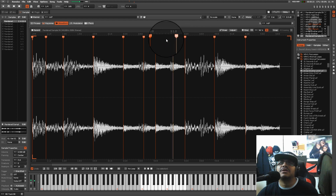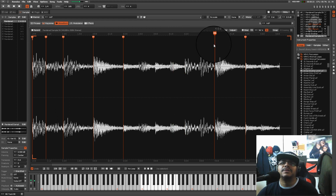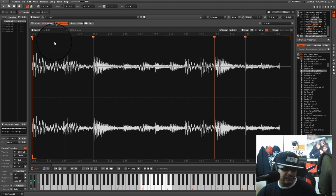You don't have to slice as much, because when I used to cut back in the day on the Akai, I never used to chop the entire break up, you know, in the early days, and it used to give it a really good feel. So for example,